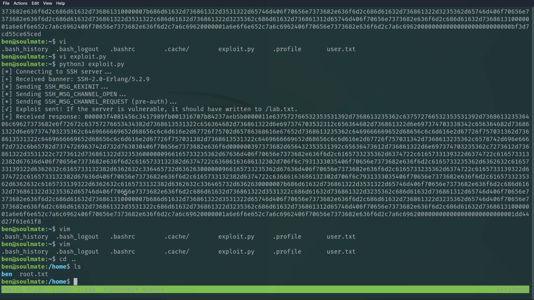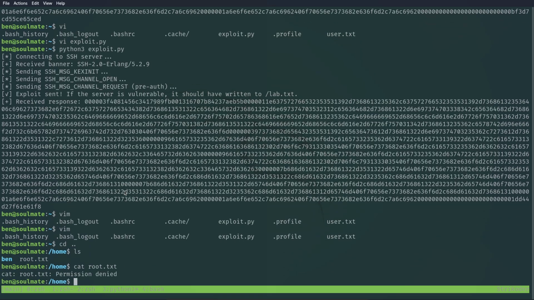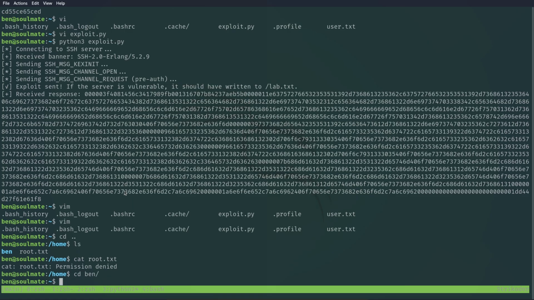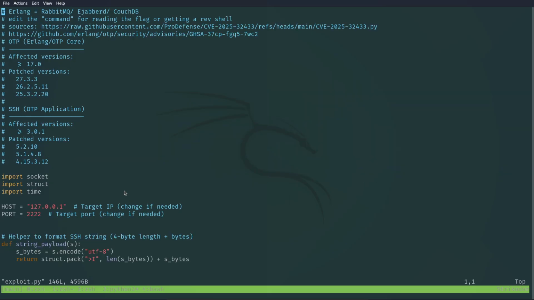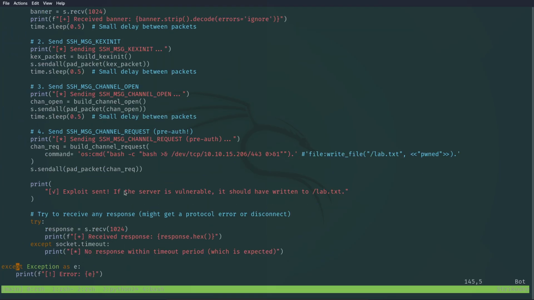Let's try to read the root. Probably we don't have enough permissions for that. Yes, sir. Okay, so cd into bin again. Vi exploit. I'm going to change the command to something else. Copy bin bash into home bash,